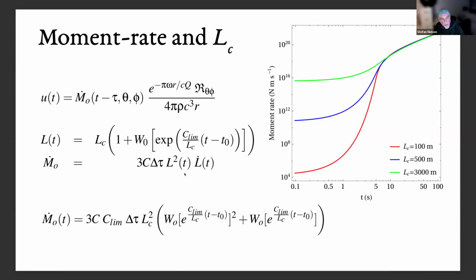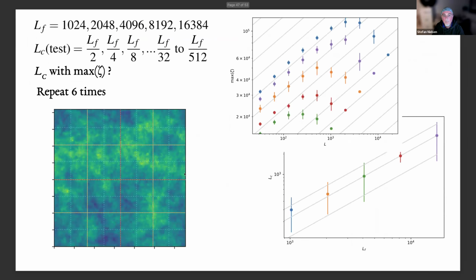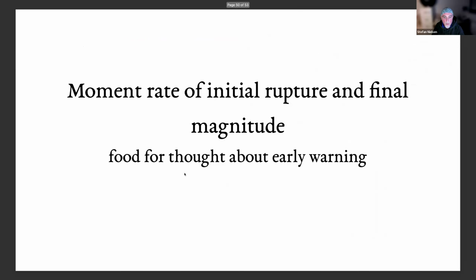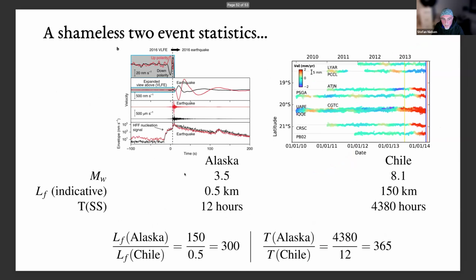Now, whether this is related to the final magnitude or not, of course, is up for debate, and depends on whether I'm making this model somehow realistic or not. And obviously, it's going to depend on whatever observations we can make in the near future with the ever-increasing catalog of earthquakes.